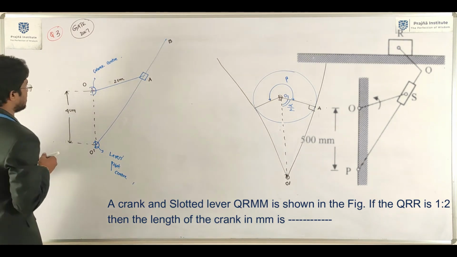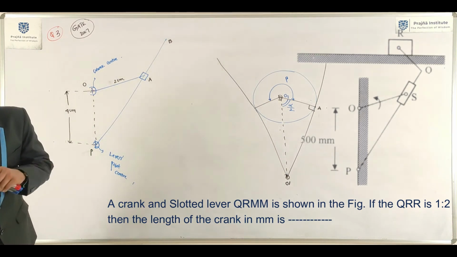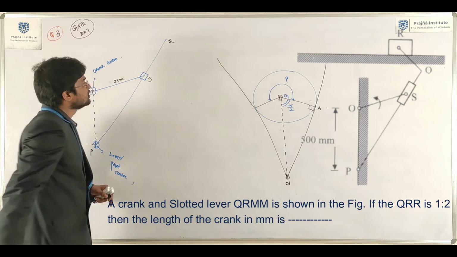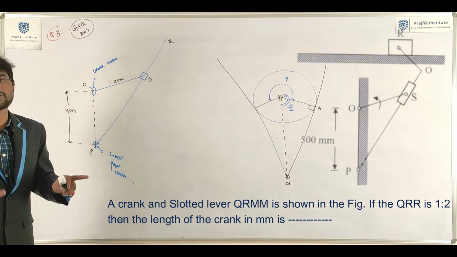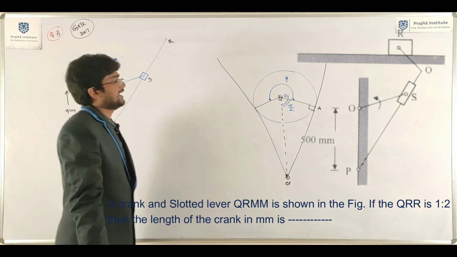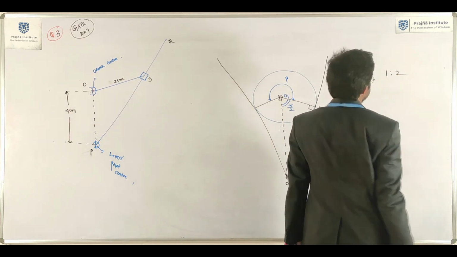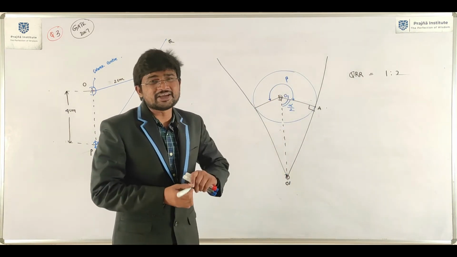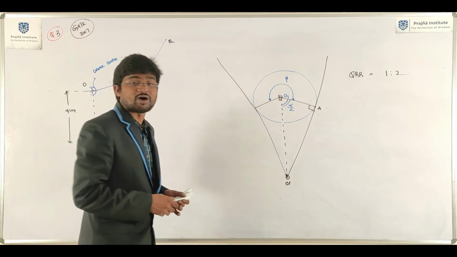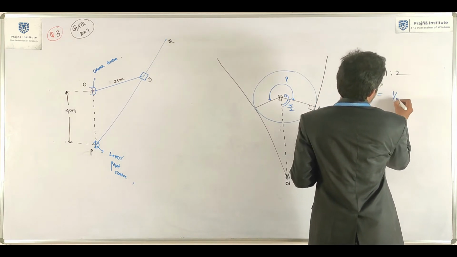Okay, just write down the names. O, this is P, and then S, Q, it is S, it will be Q. So draw off of the figure, remaining thing is not required for time being. After that, they gave quick return ratio is 1:2. 1:2 is given means the definition of quick return ratio is different here. Okay, so the definition of quick return ratio is what? Alpha by beta. Clear? 1/2.